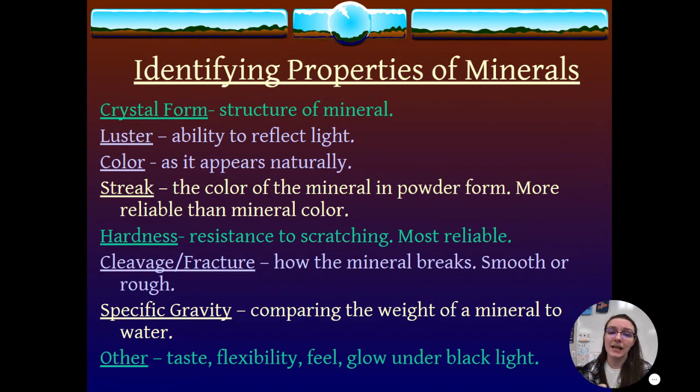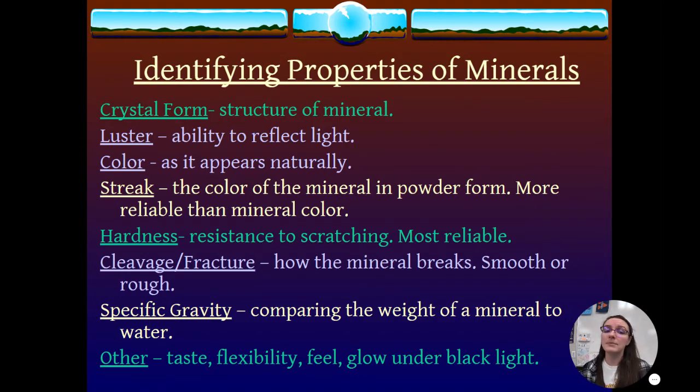Second is the luster, the ability to reflect light. Is it shiny? Is it glassy? Is it dull? Third is color, just as it naturally appears. Looking at a crystal, that looks orange to me. Or looking at a mineral, that is a green mineral. That isn't always super reliable though, because if it's dirty, or sometimes minerals can just naturally occur in multiple different